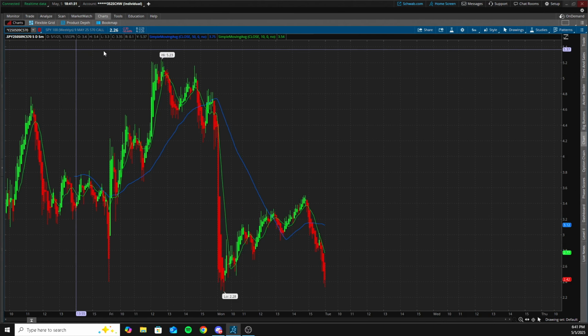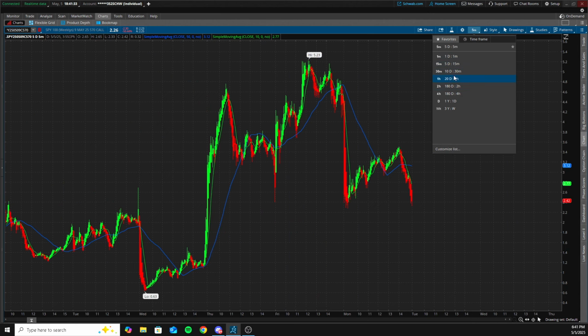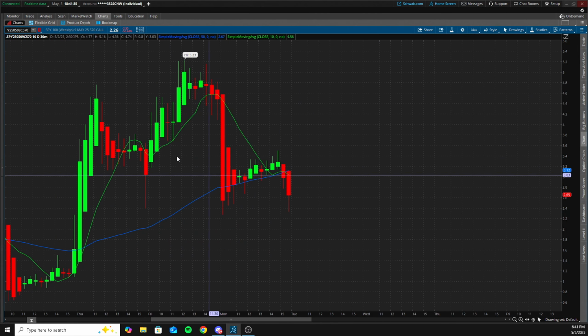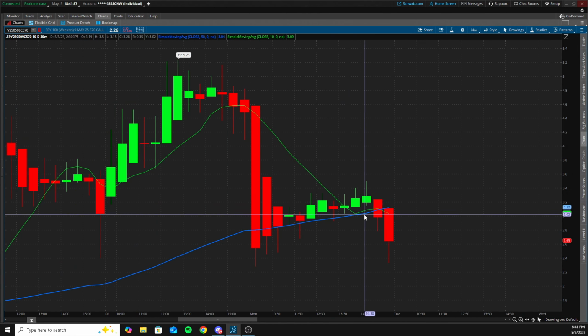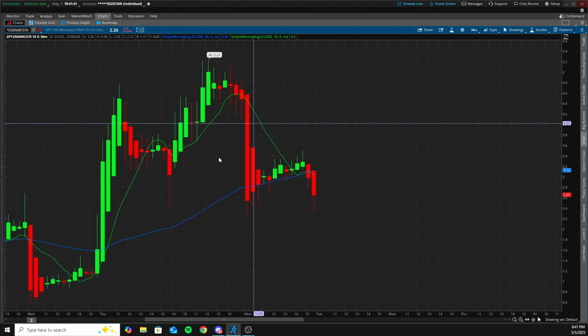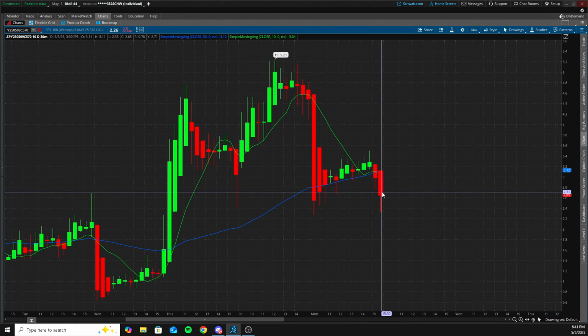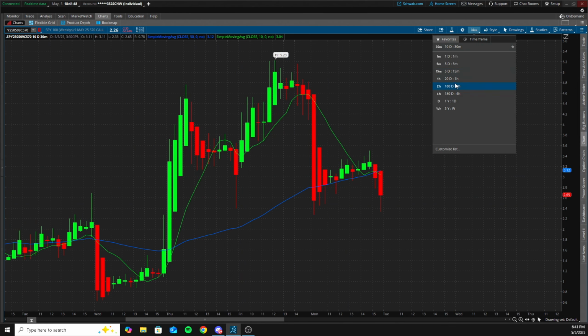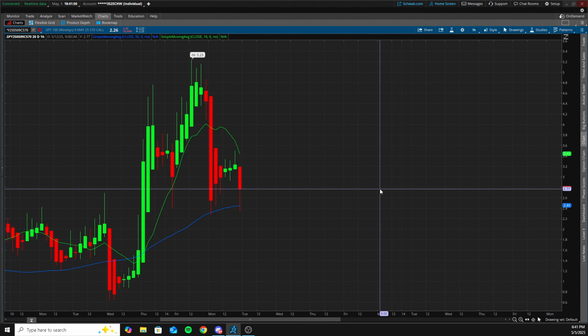But when we look at these charts now, it's a very funky chart on the 30-minute. Like, this chart is very ugly. The 10's going below the 50. The 50 still sloped up a little bit. So tomorrow it looks like the bulls are going to lose this trend and the market's going to get set neutral, unless we get a big gap up tomorrow and we get back above the 10 and 50. But for now, pretty much going to be a neutral market, I'd imagine, for tomorrow.